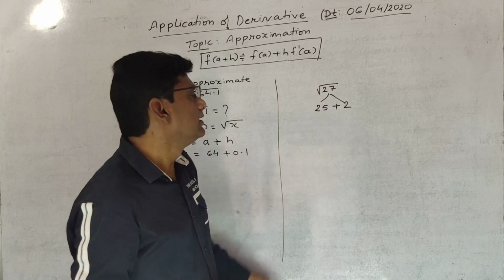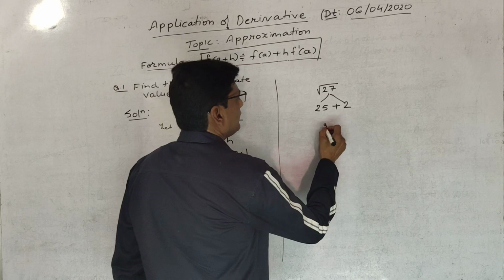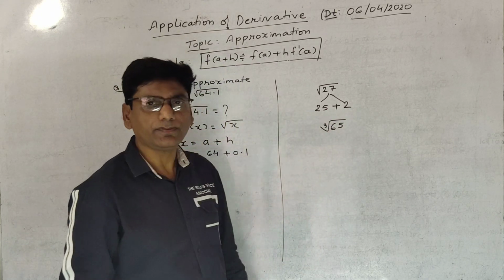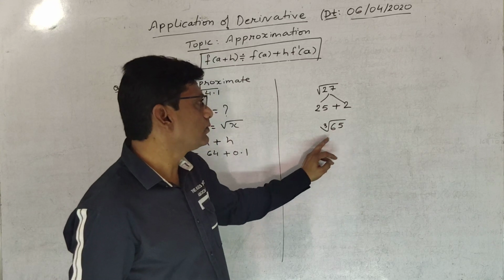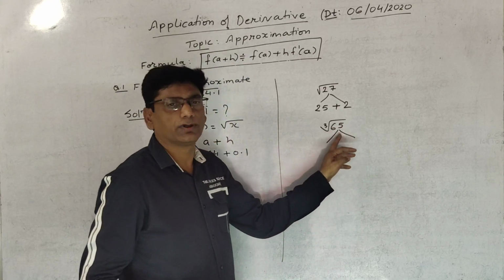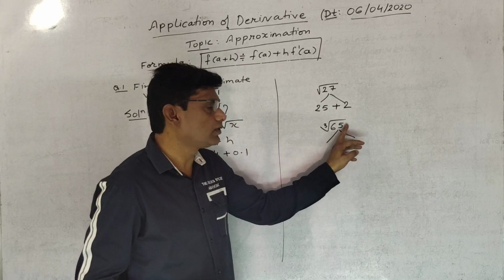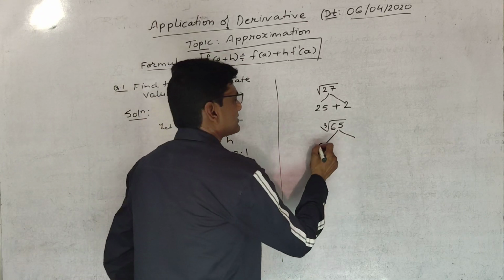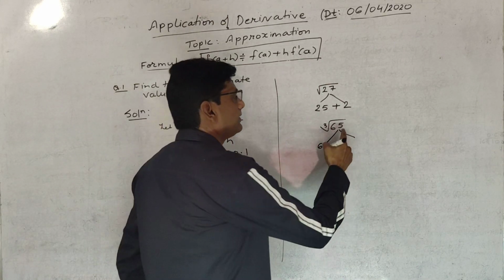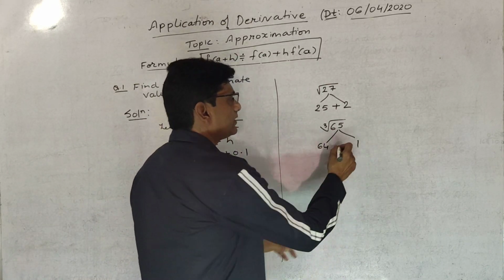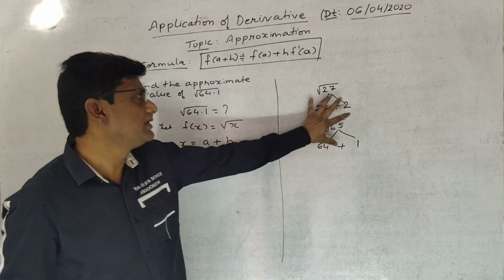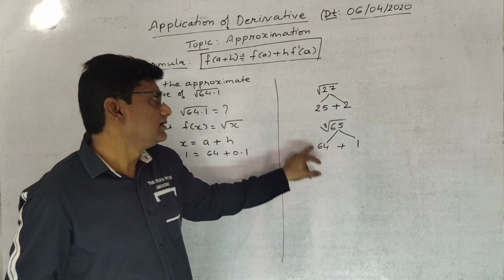Okay. If suppose it is cube root of 65, now you have to split it in such a way that one term will be the cube root. The nearest cube root of 65 is 64, and the remaining part is 1. So here you have to split it in this way. That is the basic thing, how to split the terms. Just go through this again.